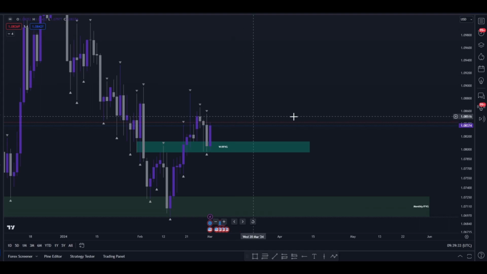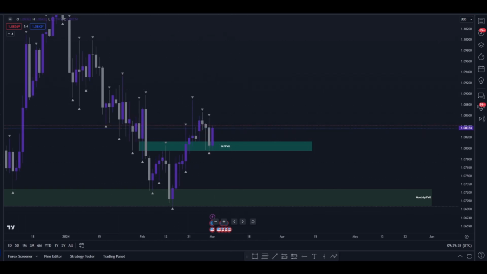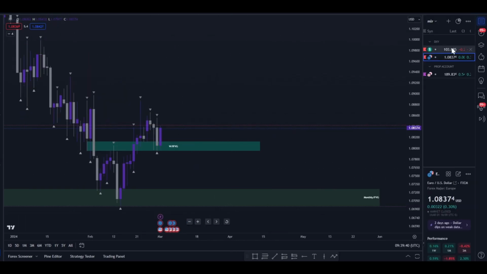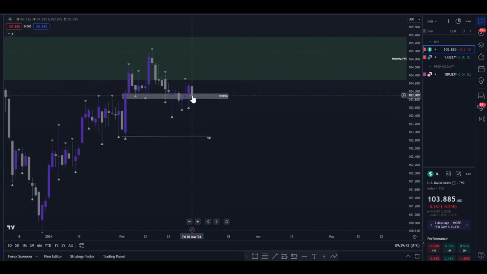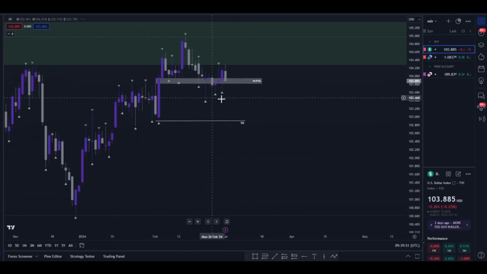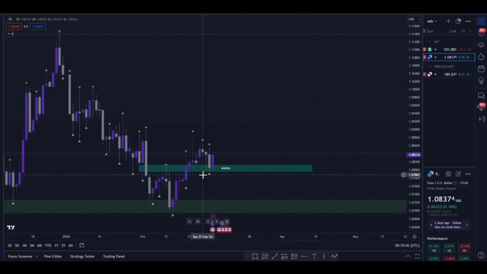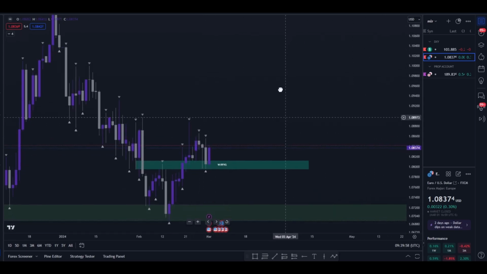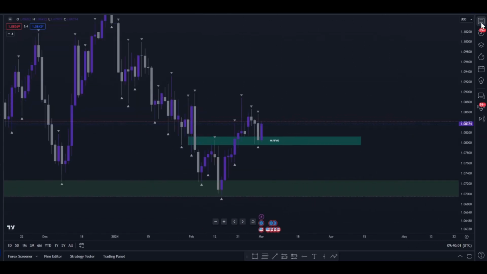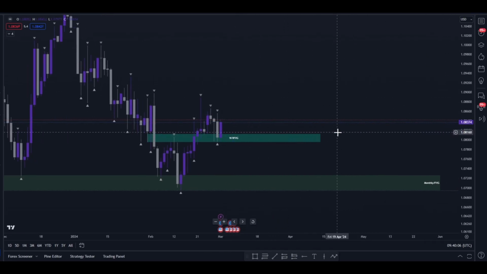So anyway, waffling. This week I'm bullish on EU. I can't say I'm bearish on the dollar, which is weird, but if we do get some daily closure, then that could justify my bullish bias. If I do get some daily closure below this area here, that could then justify my bias of being bullish on the weekly on the Euro USD. But again, like I said, I'm just going to gauge how we move during the week on each day, and understand what areas of liquidity are being swept,